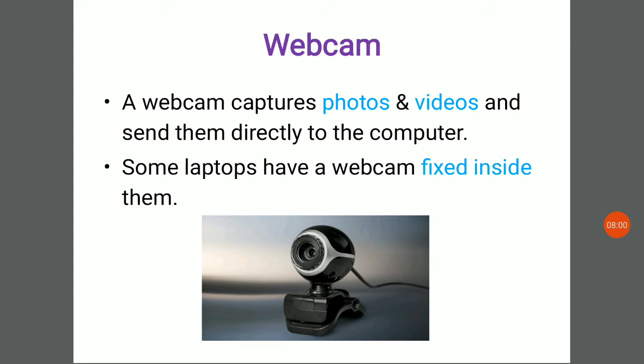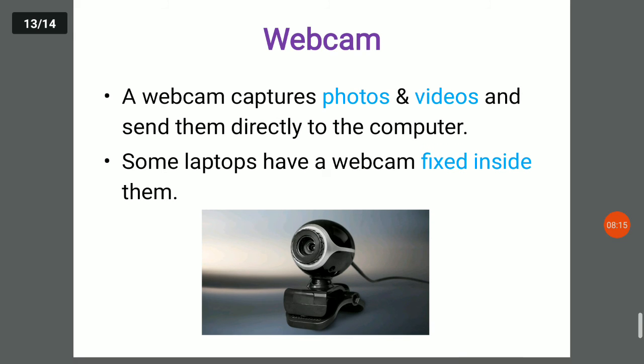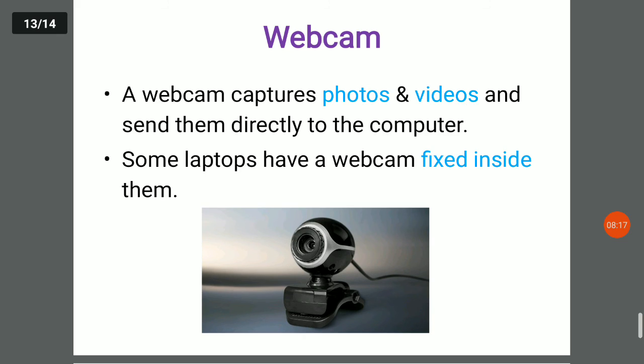These webcams are used with desktop, but in laptops and tablets a small camera is already there, so that camera is working as a webcam.